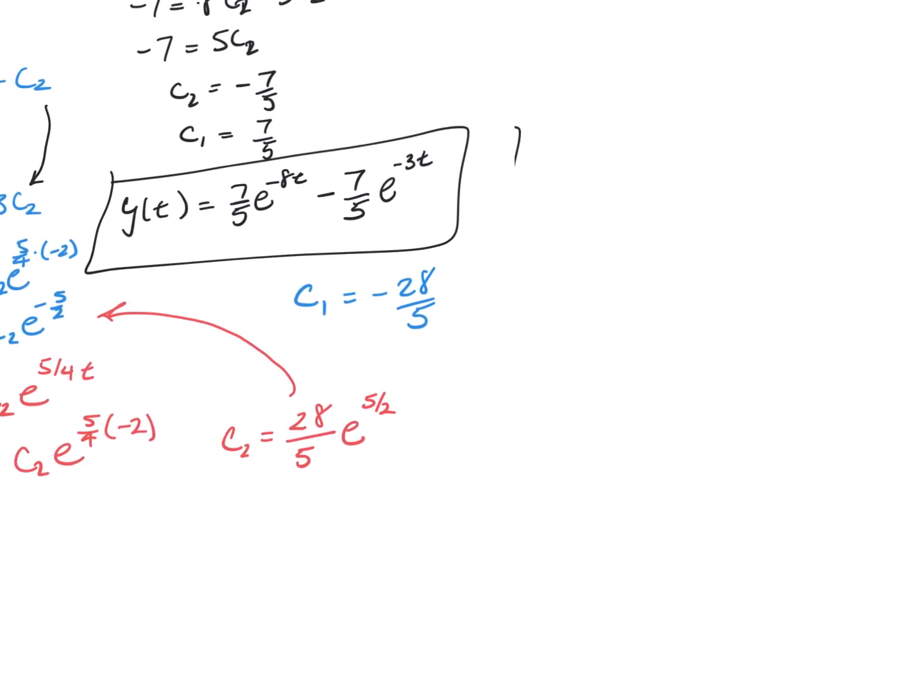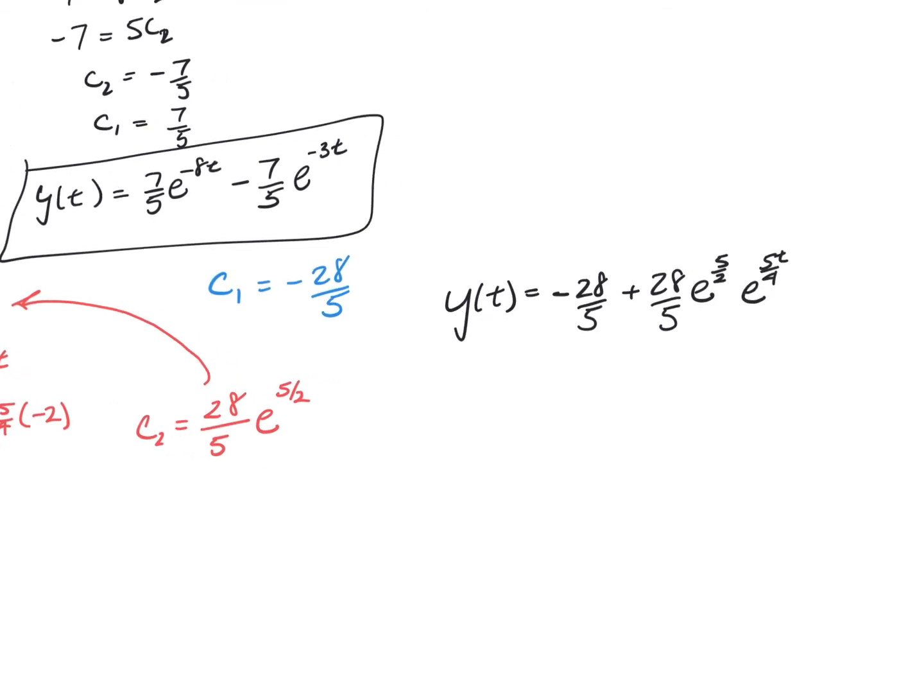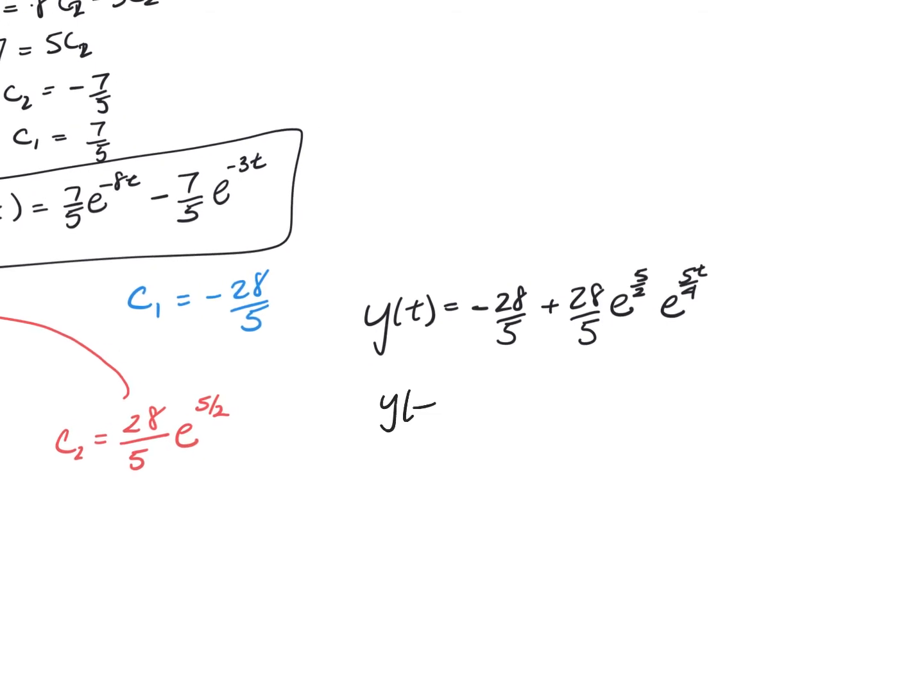So my final equation then is y of t is equal to -28 over 5 plus 28 over 5 e raised to the 5/2 multiplied by e raised to the 5t over 4, and I can, of course, combine the last two and rewrite this as y of t is equal to -28/5 plus 28/5 e